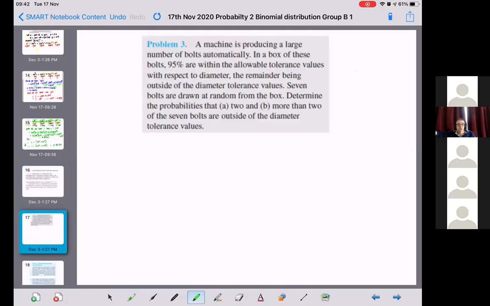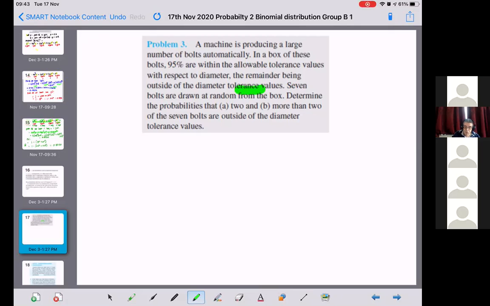A machine is producing a large number of bolts automatically. In a box of these bolts, 95% are within the allowable tolerance values with respect to diameter. The remainder are outside of the diameter tolerance values. 7 bolts are drawn at random from the box. Determine the probabilities that A, 2, and B, more than 2 of the 7 bolts are outside the diameter tolerance values. So looking at that question,